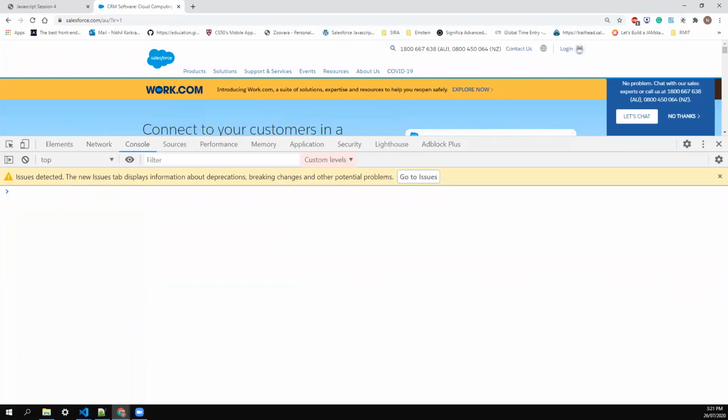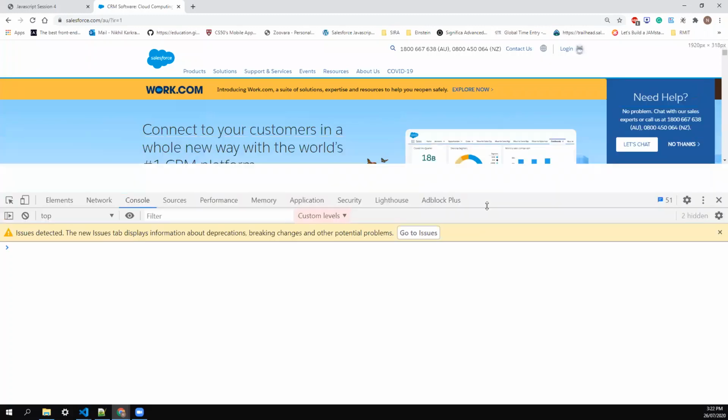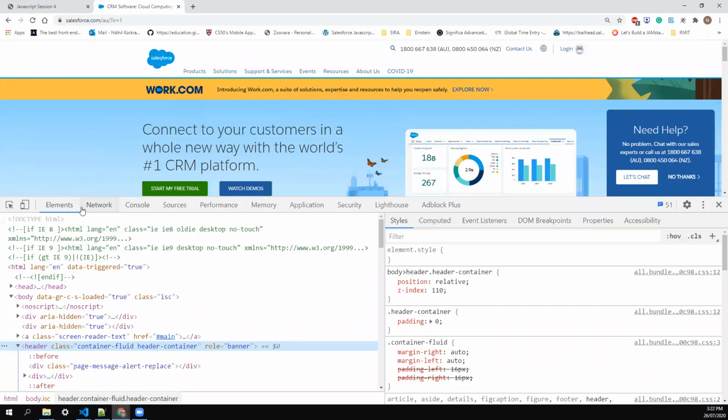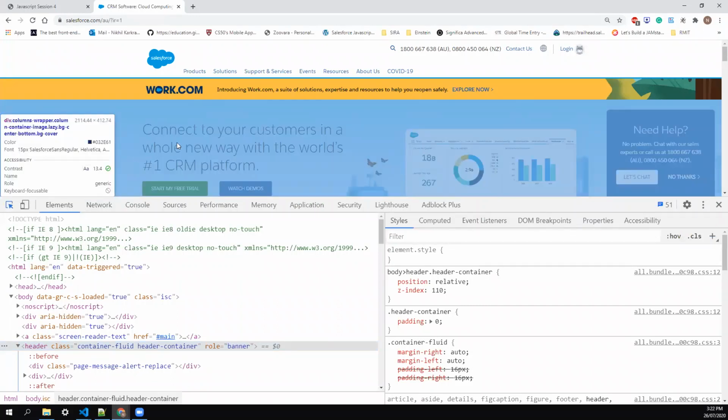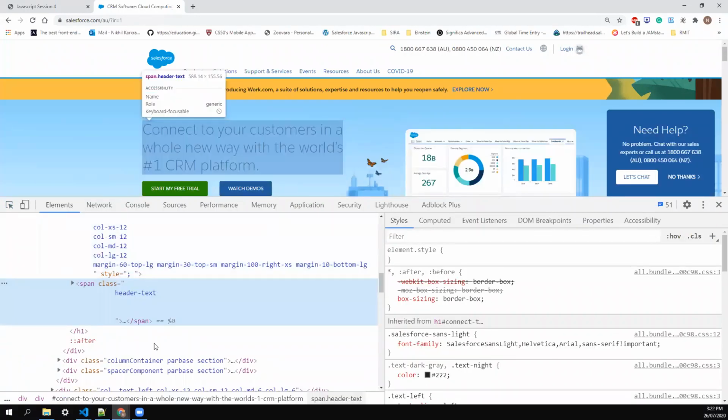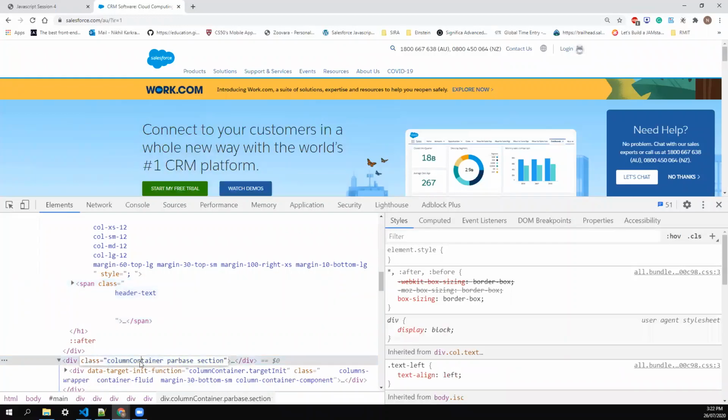Then we'll go and see what else, in the exam, they may ask you that you can do with the console. We already saw we can fetch the element; we haven't seen removing an element. So we'll remove some elements here. I'll go to my Elements tab and hover here. I see there is a class called column container.